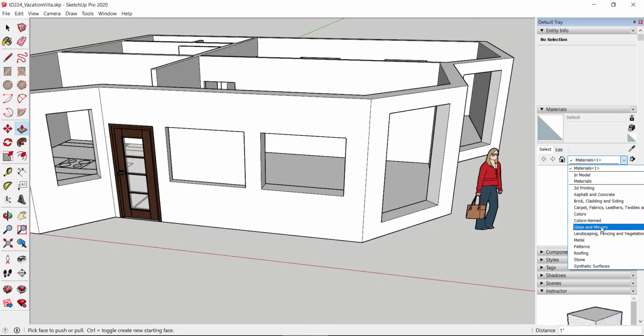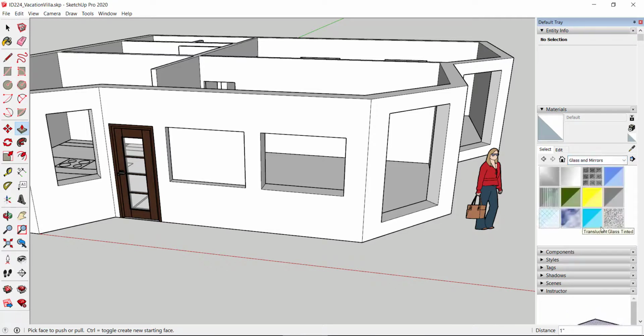So I'm going to go to glass and mirrors. Now these first two are mirrors. Don't worry about using those on a window. You could put glass blocks in. This is a blue looking glass. This is a green looking glass. This one has wires in it for safety. So you can kind of play with what you want, but all I'm going to do is just choose this